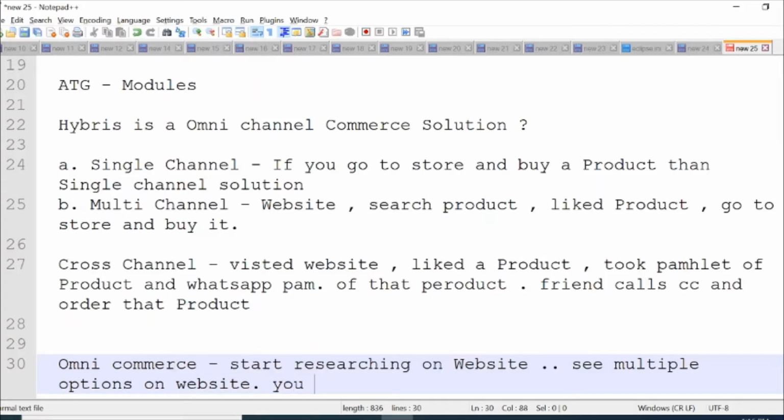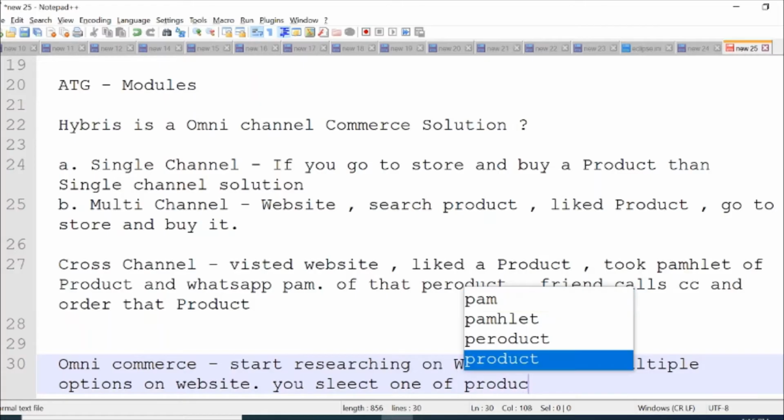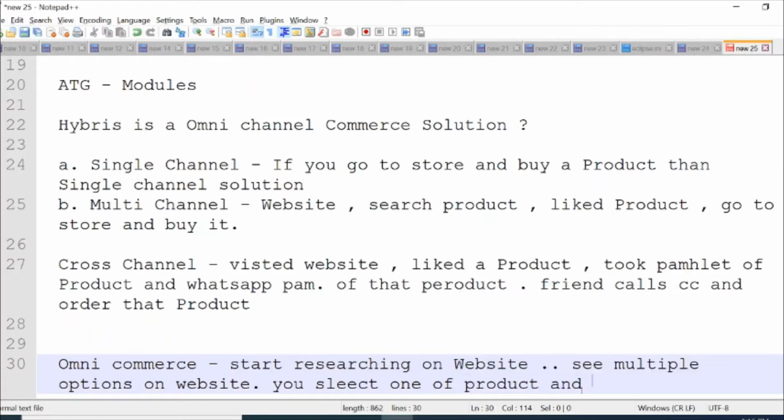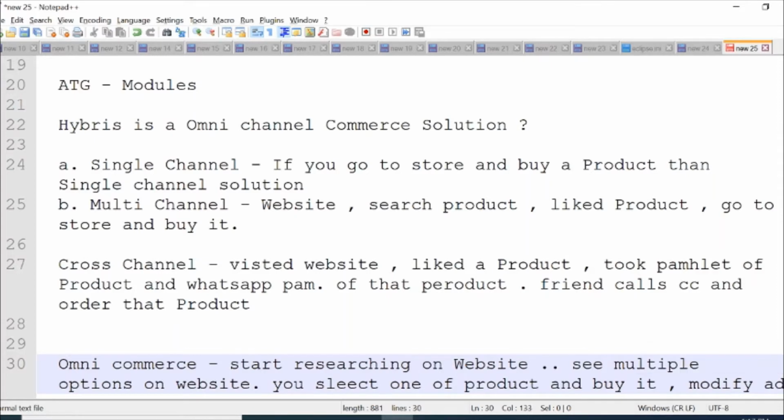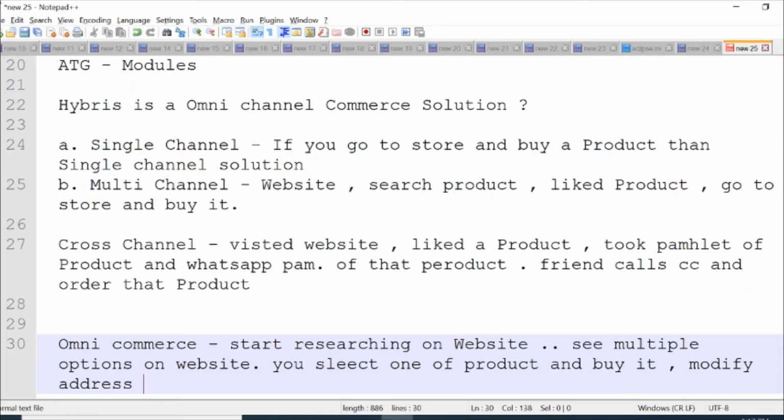You select one of the products and buy it. And during the purchase of that product, you modify your address because you must have already created a profile, so you want to order that product at some other address, so you modify the address.